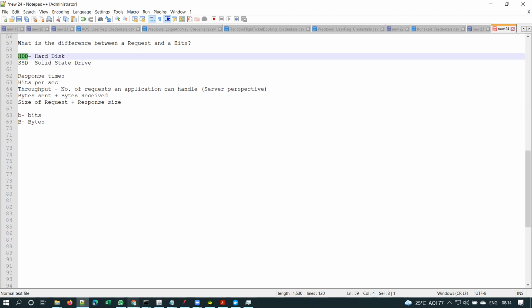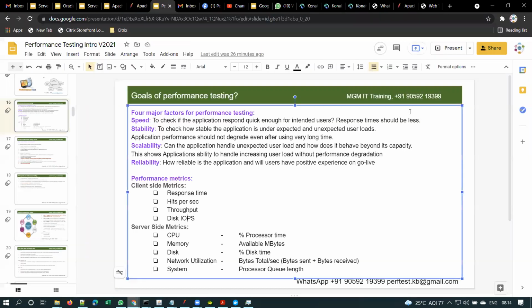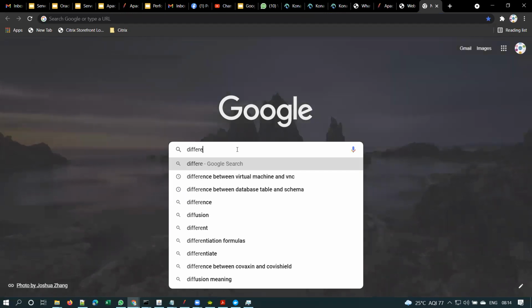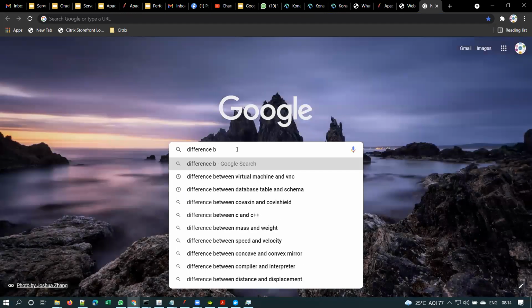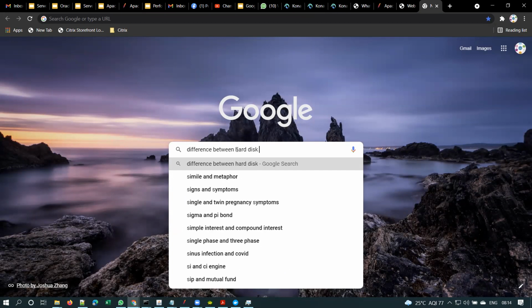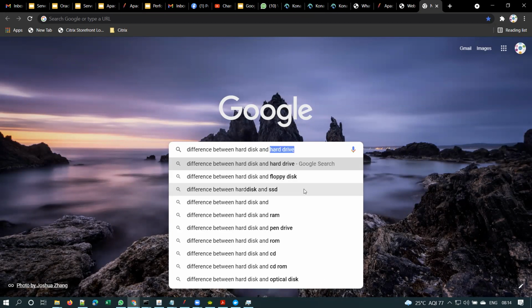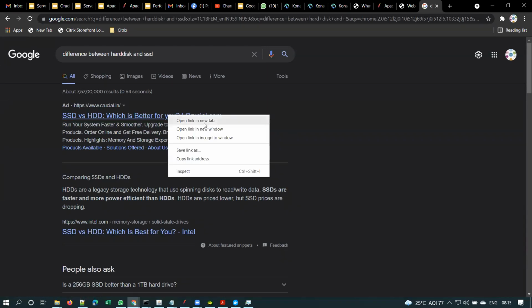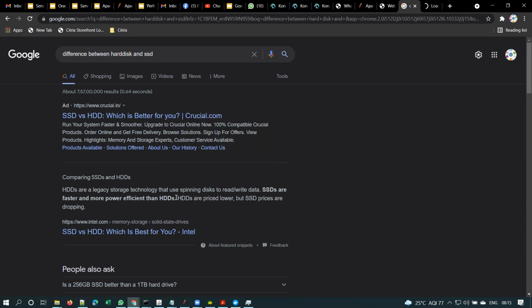Let me show you quickly the difference between how hard disk and SSD work. See here, right?